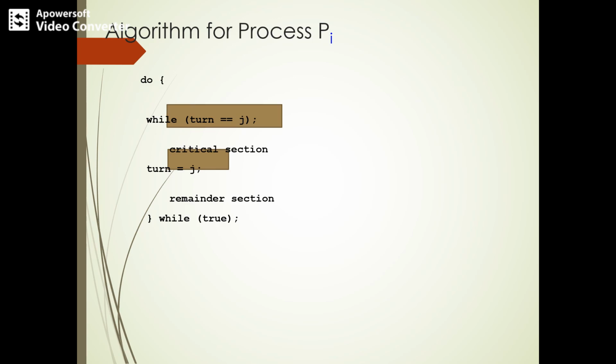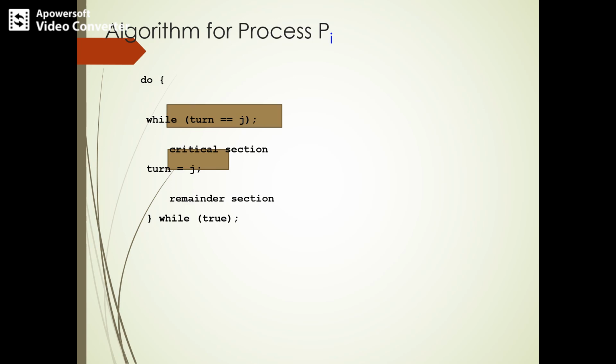So in this section, if it is j's turn, or if it's not the process i's turn, do nothing. Now for process Pi, if it has to enter, it directly enters the critical section. This is the entry section code. You can observe the condition is given, which states that only process Pi has to enter. So it directly enters into the critical section.